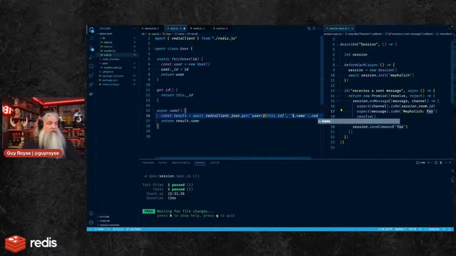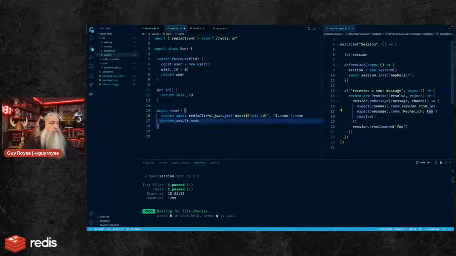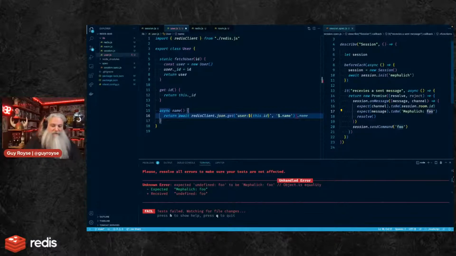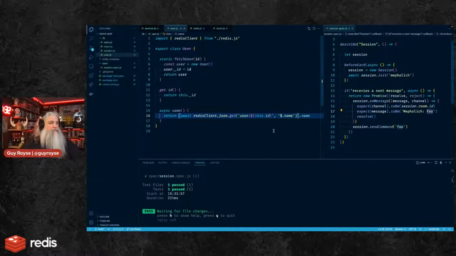Does that mean I can do that? Do this now? Now that doesn't work, because that's trying to get the name property on this. But I could do this, and then it works. Yeah, but that's ugly.